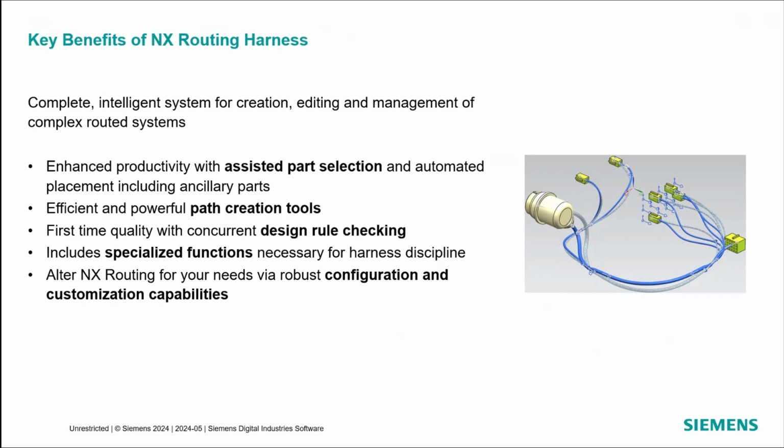Definitely those design rule checking. So if you saw in my demo, I didn't specifically do anything to make it come up or pop up. But if you're working and you make that violation, the menu comes right up to the user right when they do it. So it's interactive checking behind the scenes, and it'll notify them. And then again, just the ability to set it up so that it fits your needs, right? So we're not pigeonholing you into any specific area with routing. We can use all the data, whether those connectors come from online or ones you've modeled, things like that,